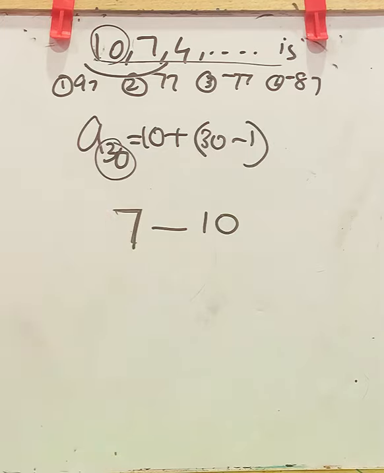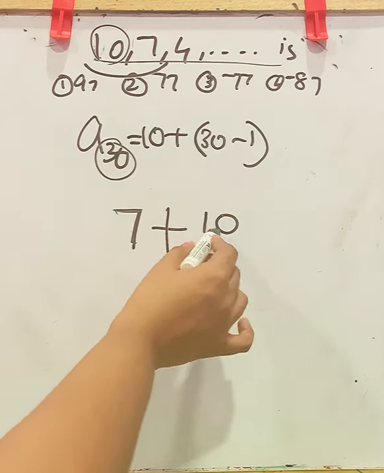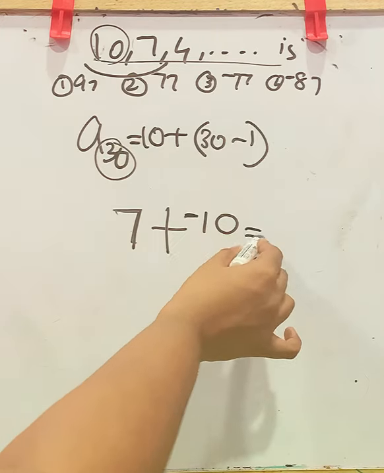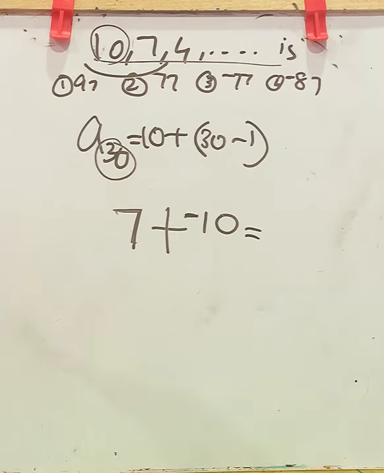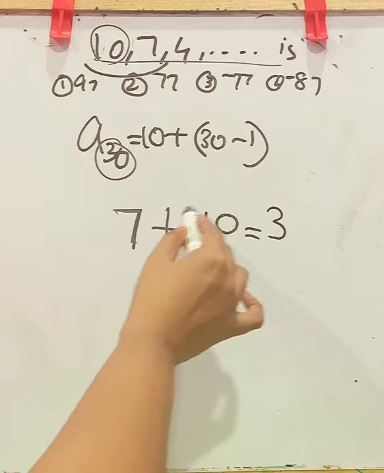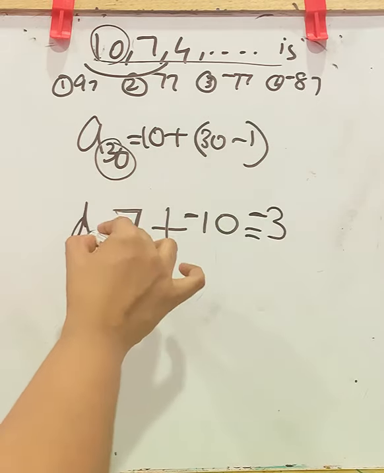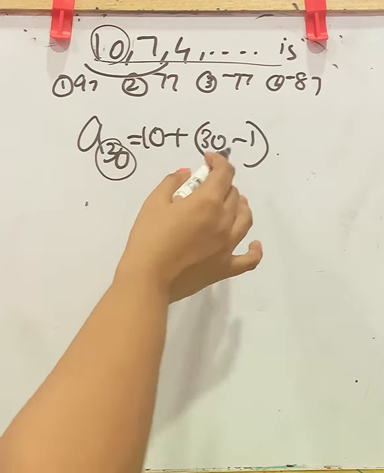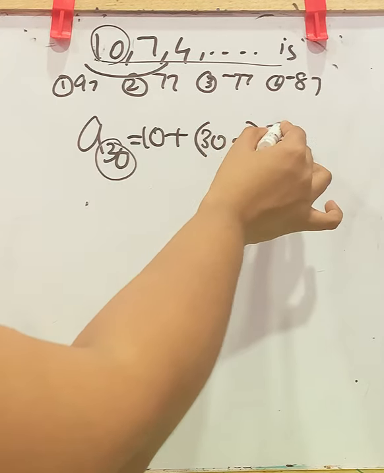Here, 7 minus 10. You can't subtract 10 from 7. So make it addition and change the sign of the next number. Now it is addition of opposite signs of integers. So subtract the smaller number from the bigger number and put the sign of the bigger number, that is, d equal to minus 3. So here we will write into d, that is into minus 3.